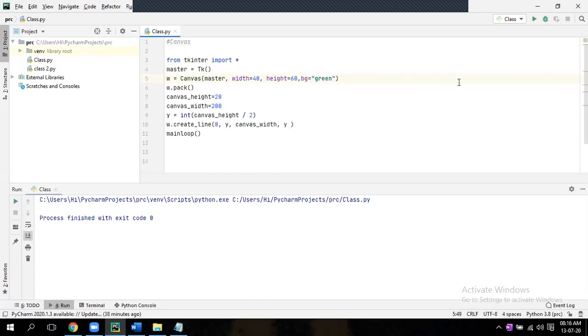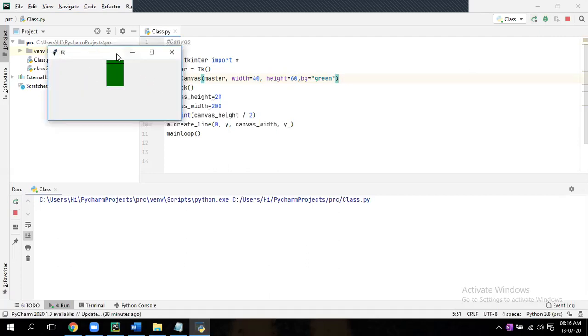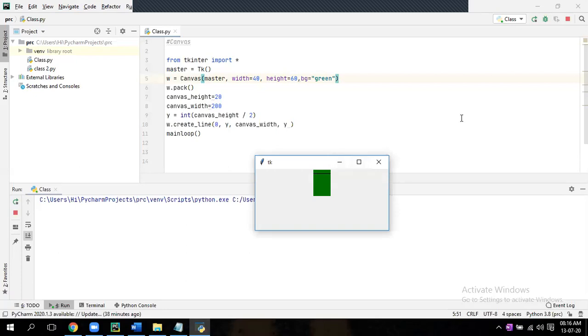Now run it. If you see, this is only the canvas area, width is 40, height is 60, not the whole area. So accordingly you can define your canvas area, and in that I am drawing a line.